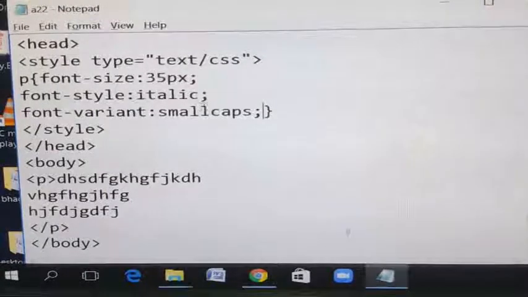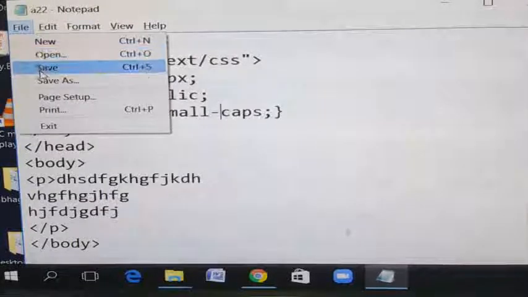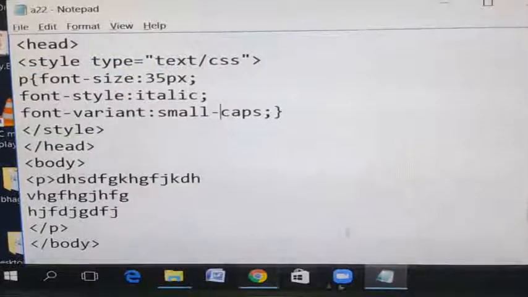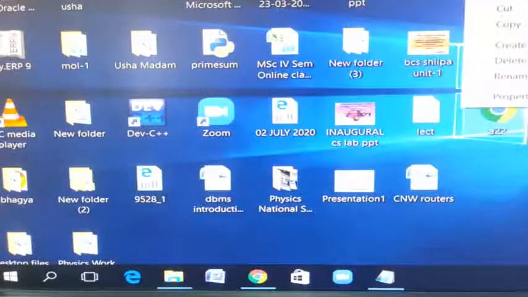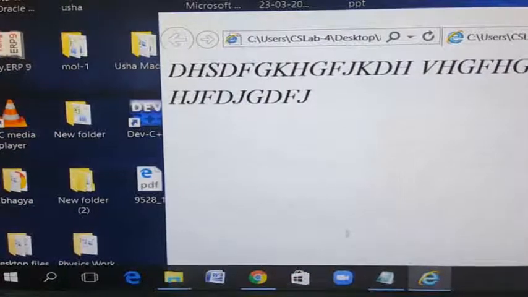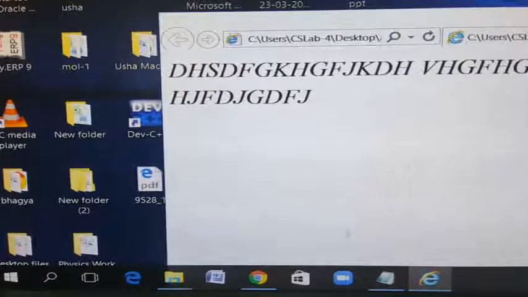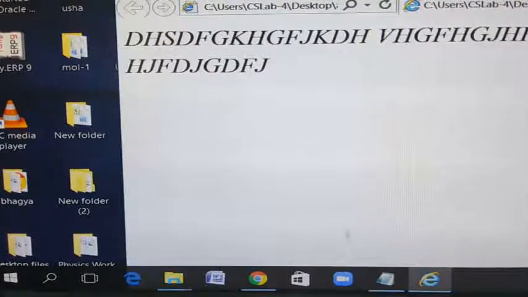Here between small and caps we should give the dash. File. Save. Come to the browser window. A22 open with Internet Explorer. So font variant small caps means the text will be displayed in capital letters only, but the size of those capital letters is small. Okay, that is font variant. This is also one of the properties of font.